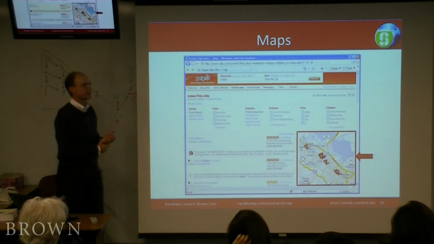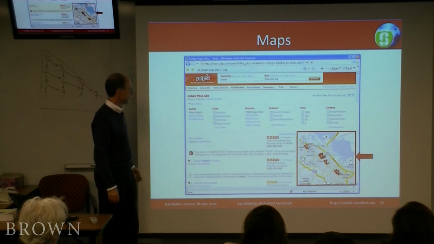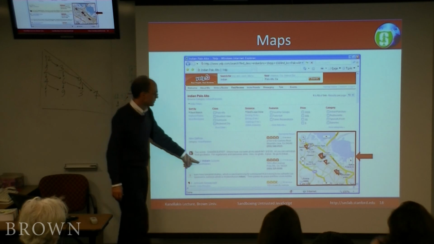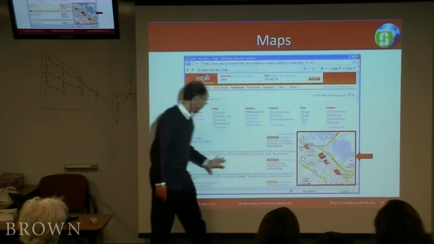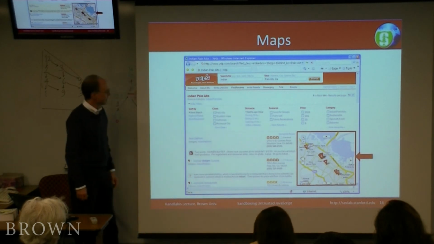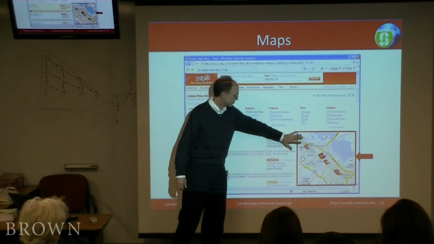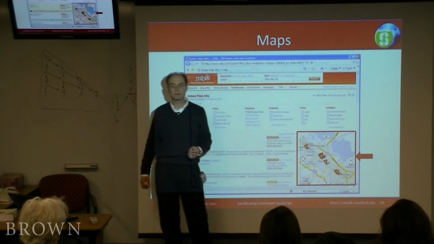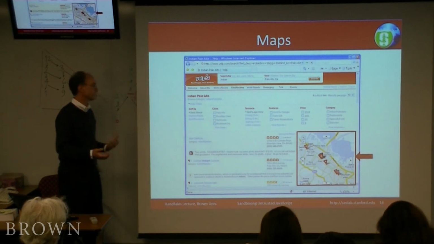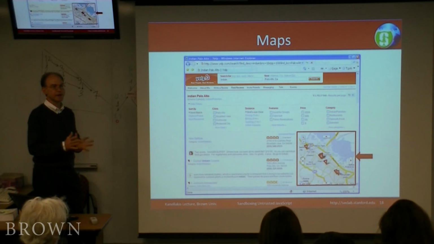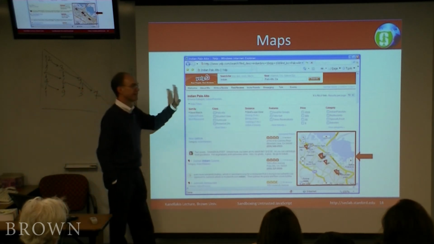Another point about good content and bad content, here's an example. This is a restaurant search site. You can click on a restaurant and it will show up here. You can click on a location on the map and it will scroll here to that restaurant. The restaurant site, as the web is currently constructed, has to trust the JavaScript that implements the map. But what if that were malicious? What if there were a bug? Shouldn't we have some way to isolate the bad content on a good site? But in isolating it, we can't